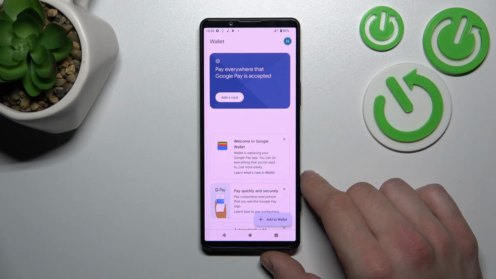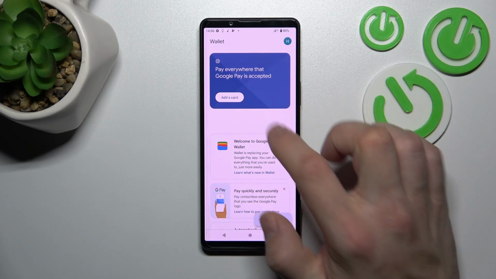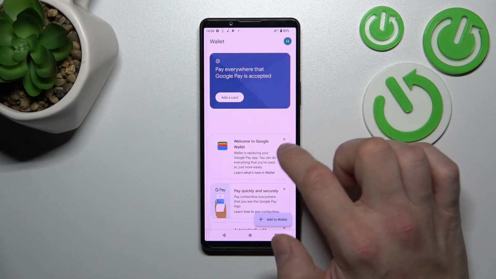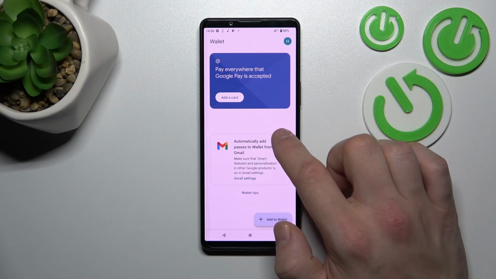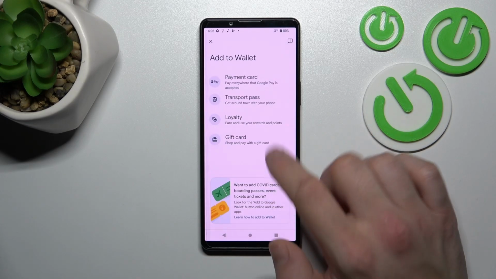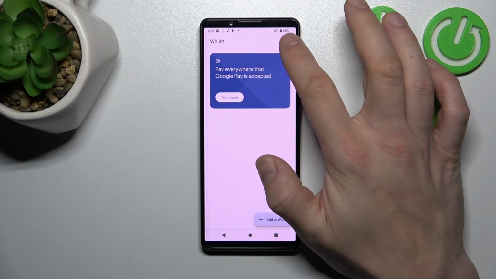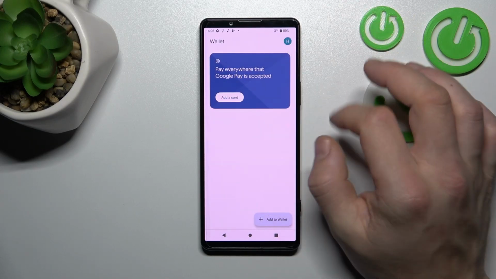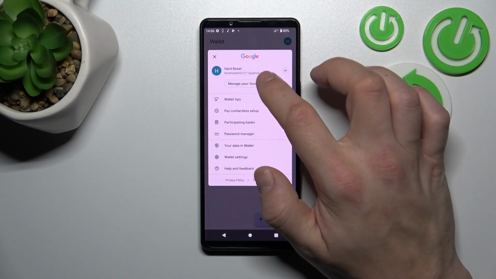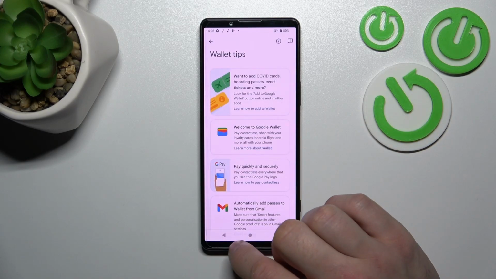And as you can see from the homepage of this app, you can add payment cards, check quick tips, add passes, and if you go to menu, you've got access to your Google account, all wallet tips,